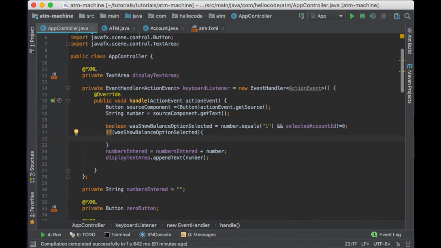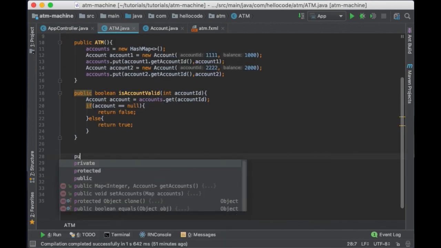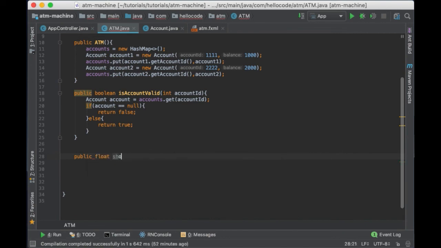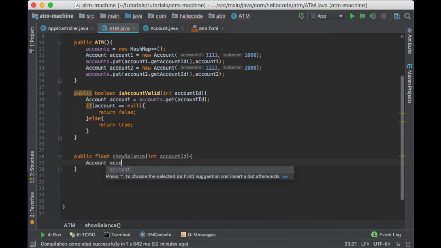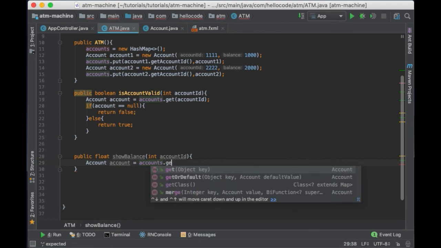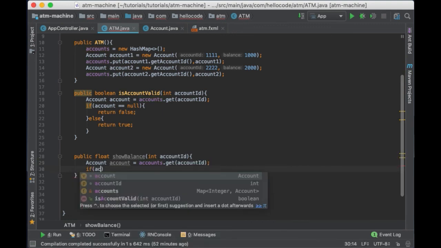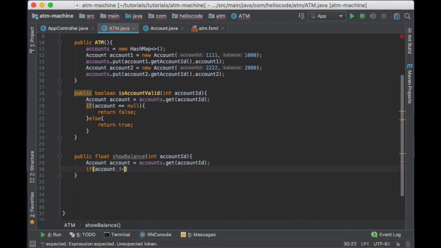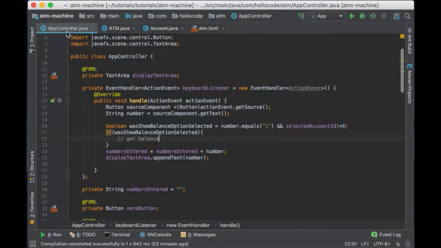For that, we will go to the ATM class and create another method that is going to be called showBalance, and the parameter is going to be the account ID. This method is going to be very similar to the previous one, so I will get the account from the map, and then if the account exists, I will return the balance. If the account doesn't exist, then I will return -1. Okay, so now let's go back to the controller,